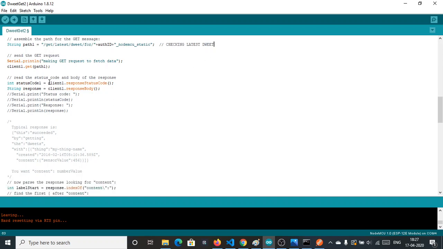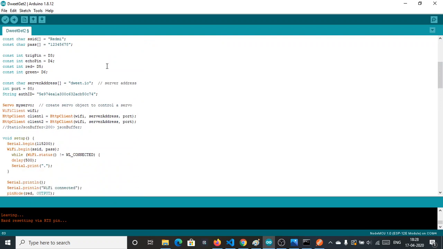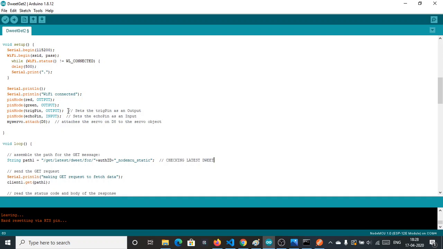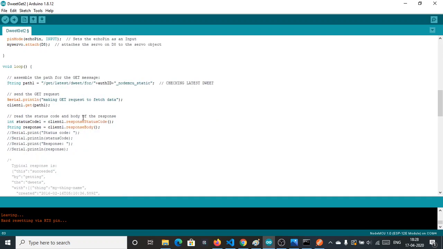And we have used two clients, two HTTP clients, client 1 and client 2. We have already defined it here, HTTP client 1, HTTP client 2, for making the first get request and the second get request. Basically I have used this because a single client will give us error,